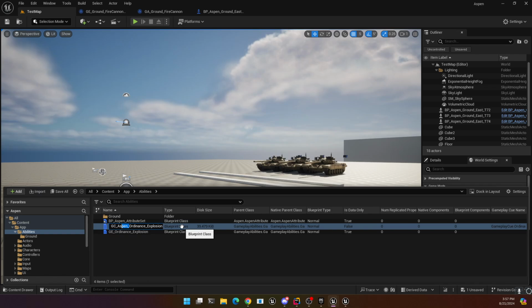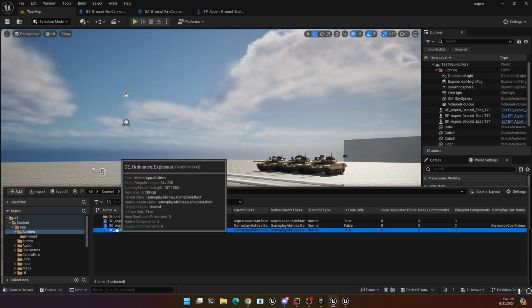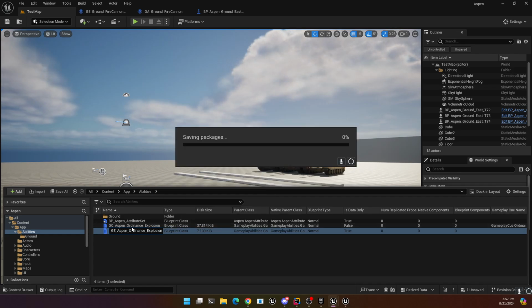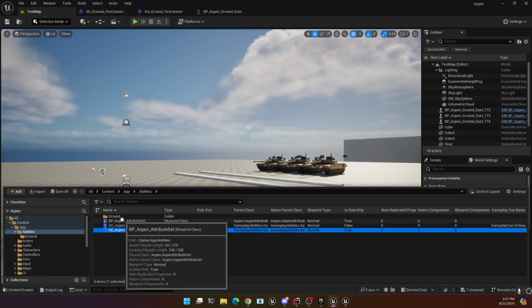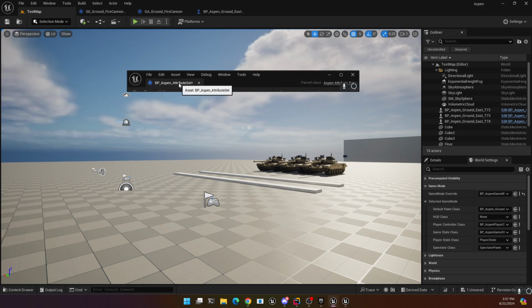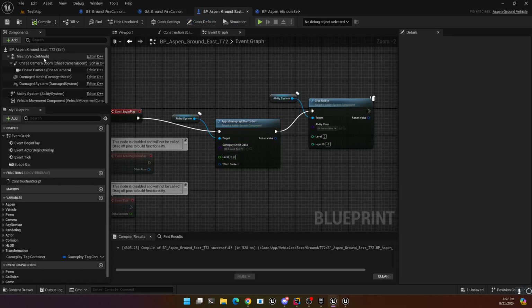Need to rename these. I keep forgetting my convention. Okay, so now I have my attribute set, and I think if I take a look at my tank,